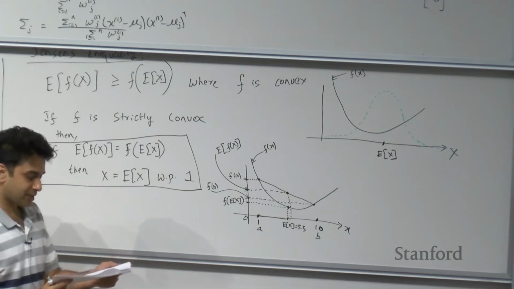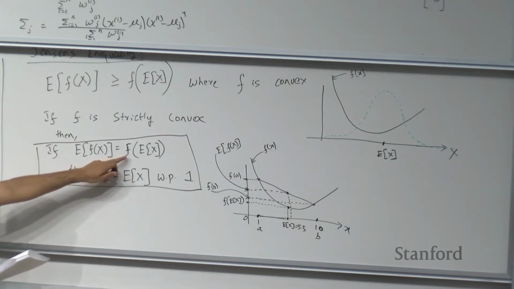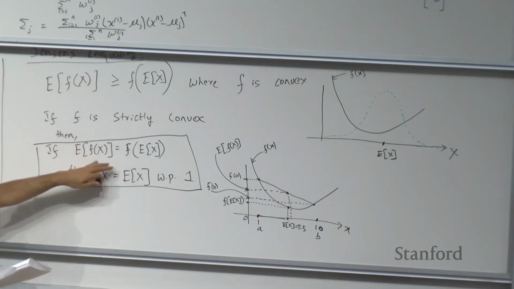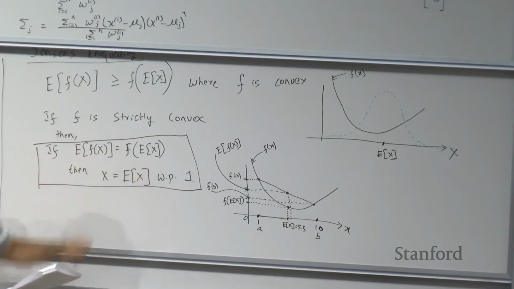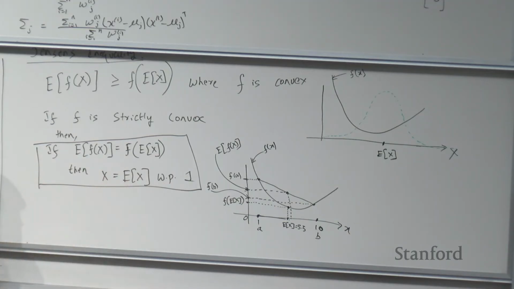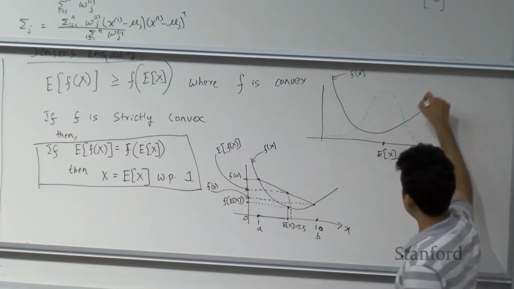If f is strictly convex, and if the expectation of f of x equals f of expectation of x, then x equals the expectation of x itself, which means x is essentially a constant. What does that mean? So here's an example of f of x that is strictly convex,